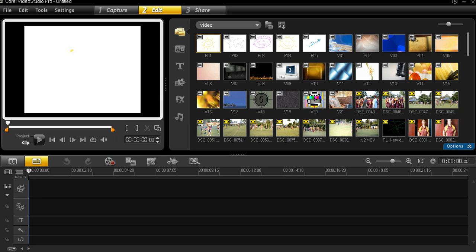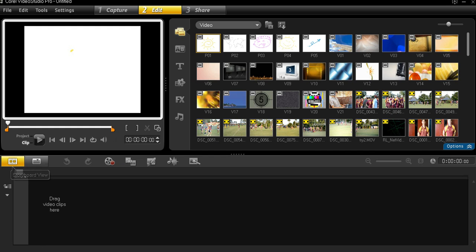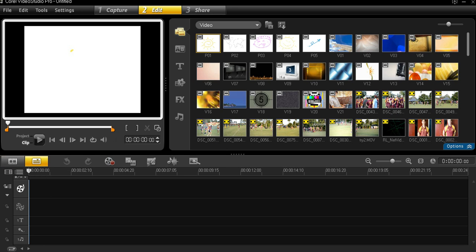Okay, so what you've got here is the basic interface. This is obviously where you can see the image. This is called the timeline. When you first open up Video Studio Pro, it will default to the storyboard view. You actually want to switch to the timeline view, and down here on the left it will give you options